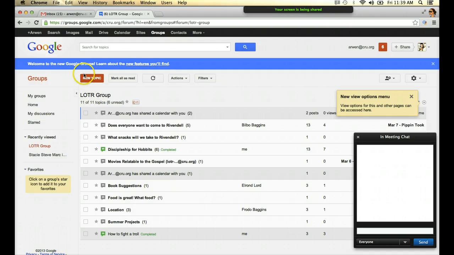One of them is topic. You see here, a topic is the same thing as a message in your email. Because the way that we are using groups here, the way that we're trying to use a collaborative inbox,